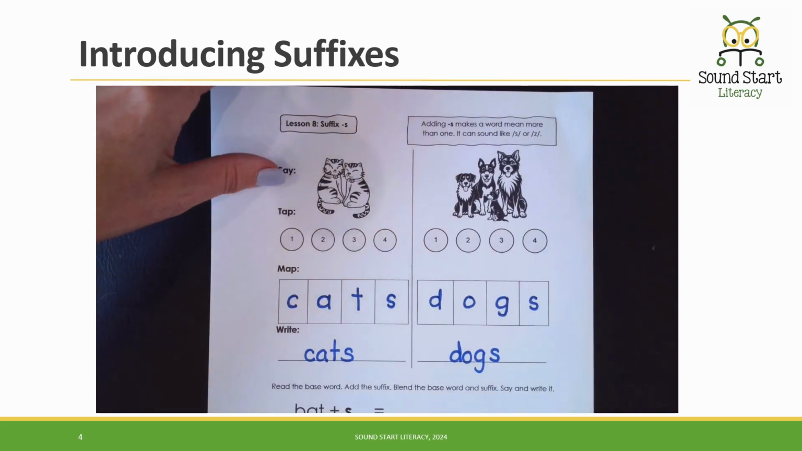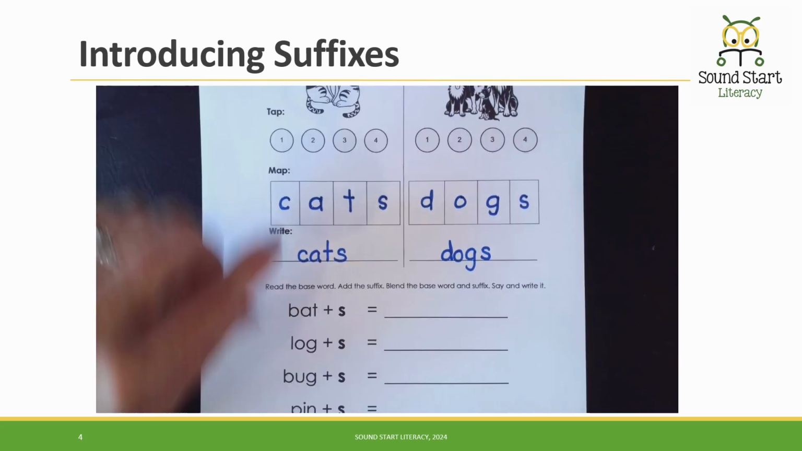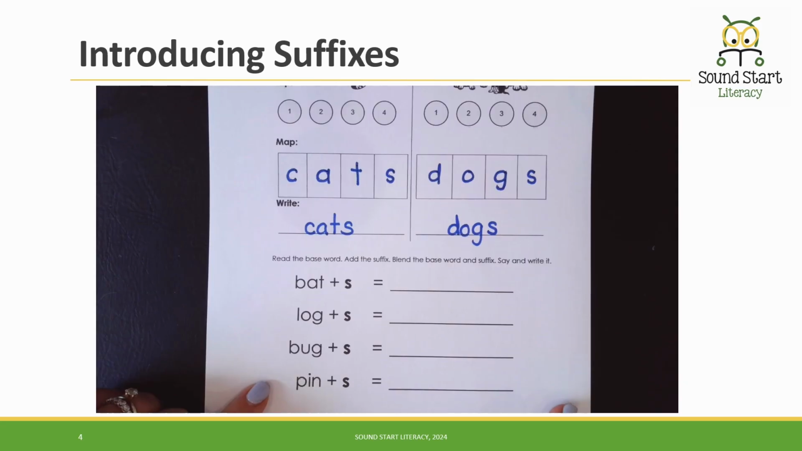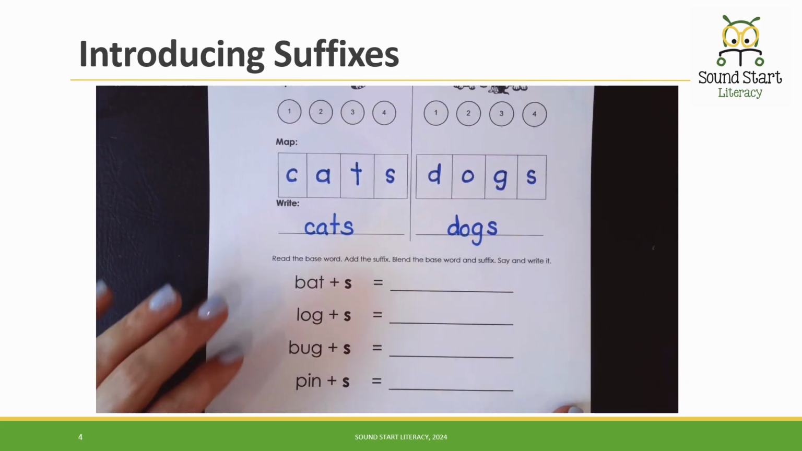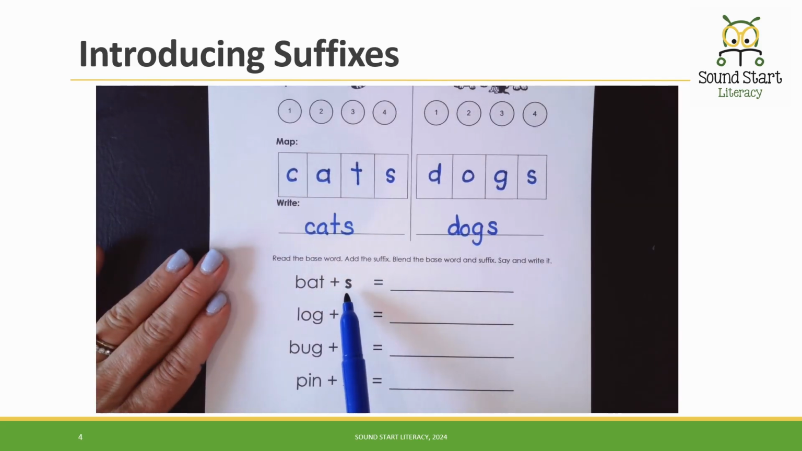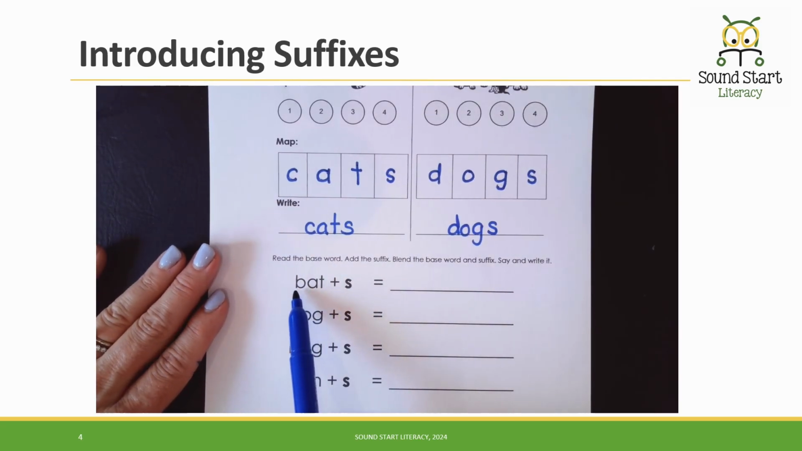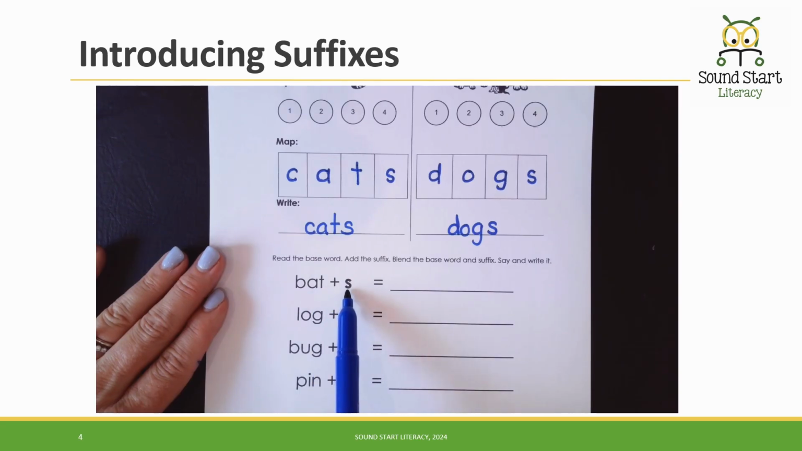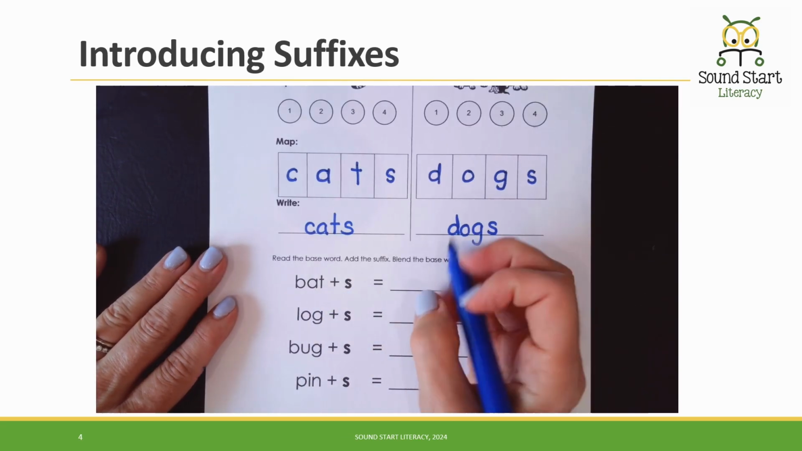Now, the thing that will look different about the suffixes at the bottom of the page, the students won't be doing a mapping activity. Instead, they'll be doing a word sum. And basically what that means is we've taken the word and broken it up into the base word, which is the word without the suffix. And then we have the suffix in bold. So the child will read the base word, bat, add the suffix s, put it together, bats, and then say and write